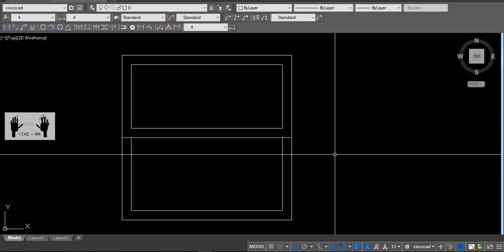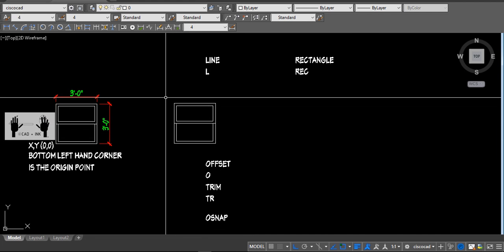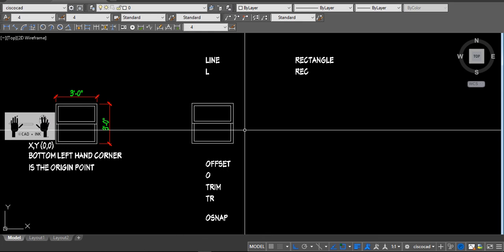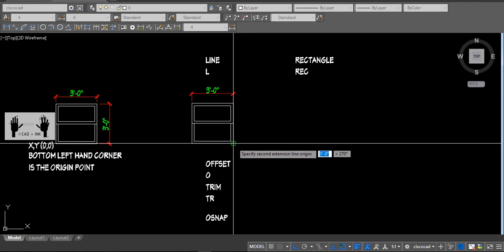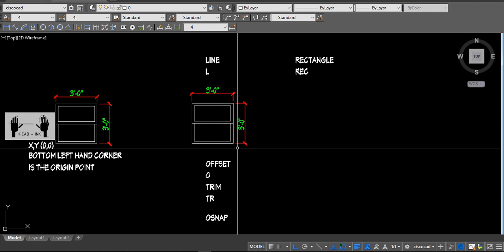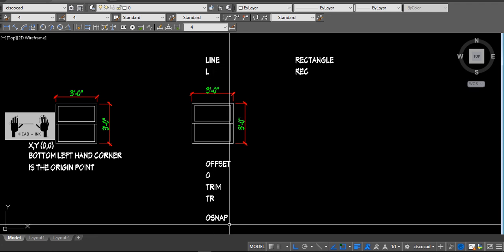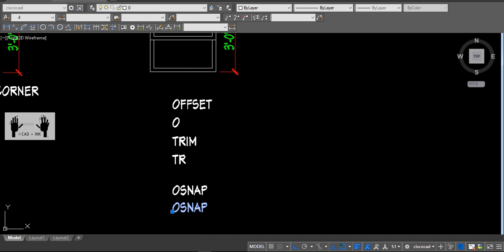Okay, and that is using line, offset, trim. And you also learned snap. And you also learned object selection. Object selection options. Okay, so you learned all of those commands. I want you to memorize all those. Right? So your exercises here is, I want you to make